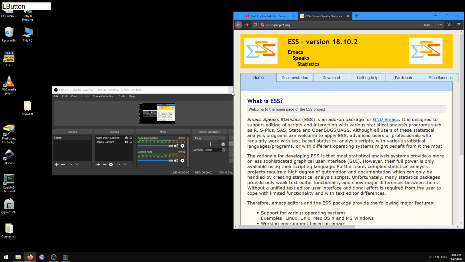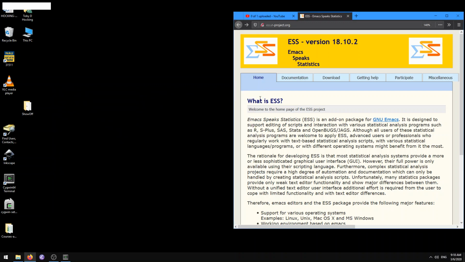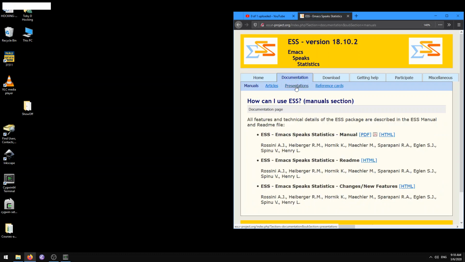Hi there. In this screencast, I'm going to be telling you a little bit about how to use Emacs for debugging R code. So first things first, I'm going to point you to the ESS documentation page here, ess.rproject.org. Under documentation,